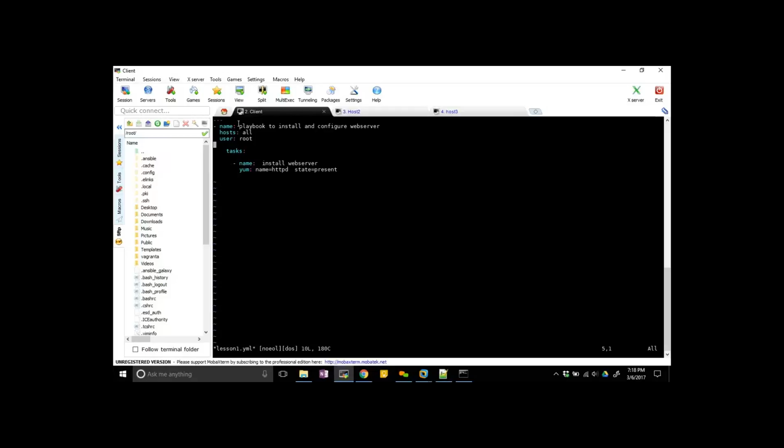It looks the same, but if you see here, there are two spaces. Only one space is permitted here, so it can't take two spaces.